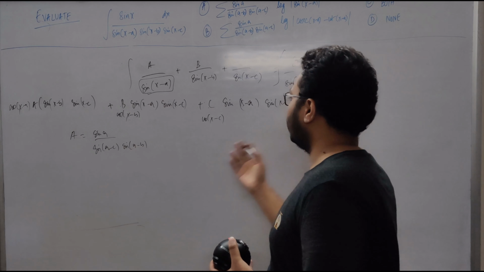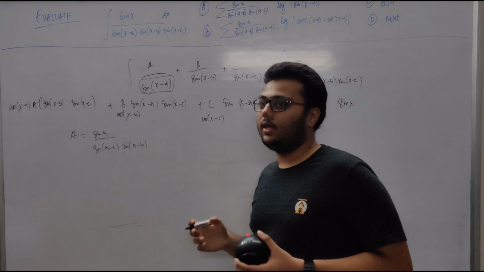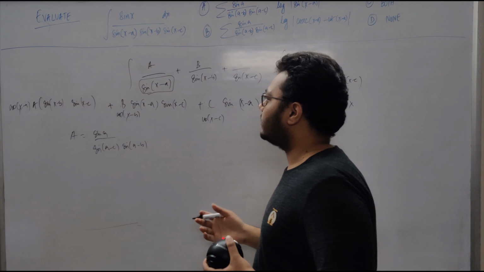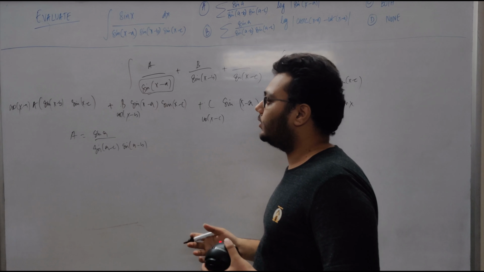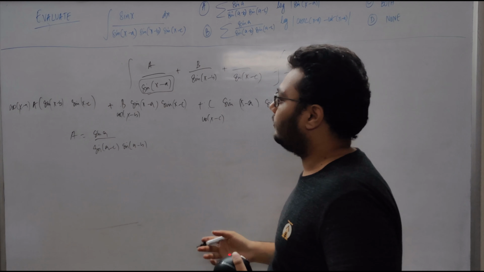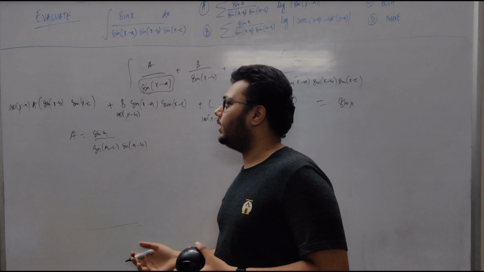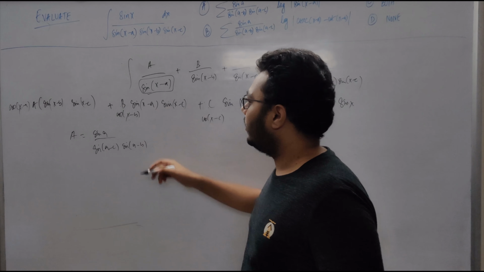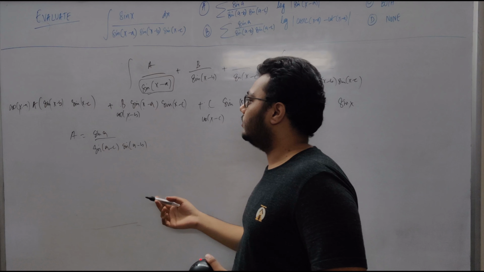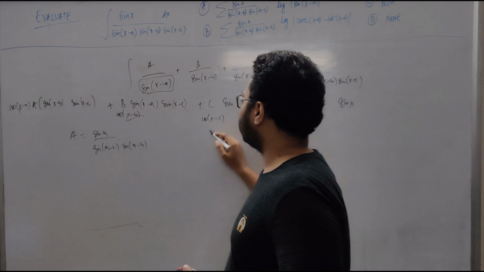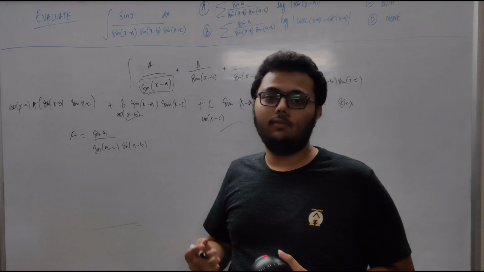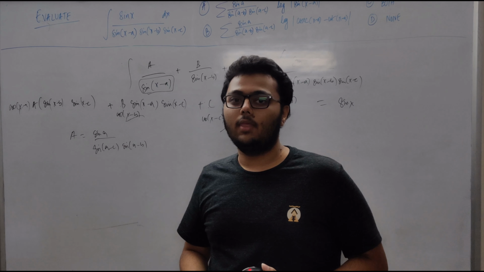So if we put x equal to a in this identity now, one thing to note over here is this is not an identity now, this is an equation. But if we put x equal to a in this equation, we will get the same values of a, b and c, because when we put x equal to a, cos of a minus b is not 0, but sin of a minus a is 0. So this thing is again 0, this thing is 0, and this thing is 1.